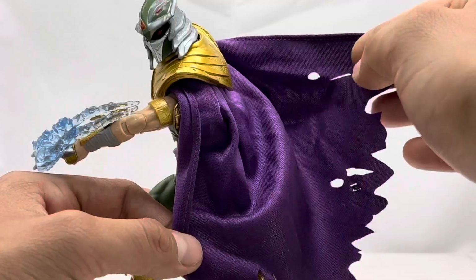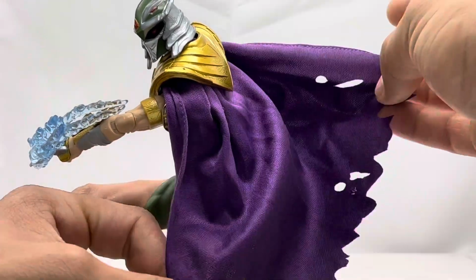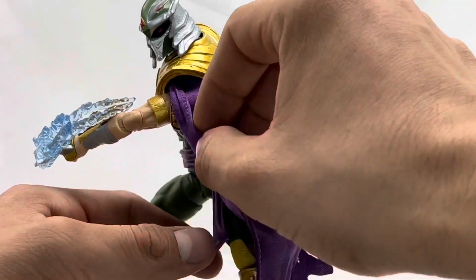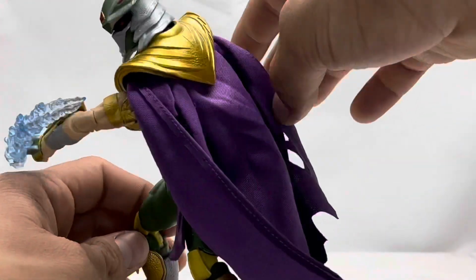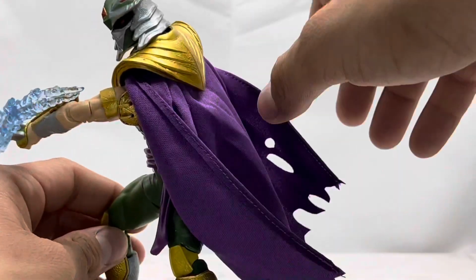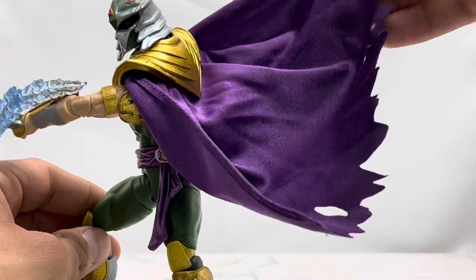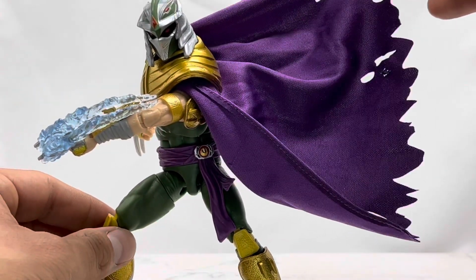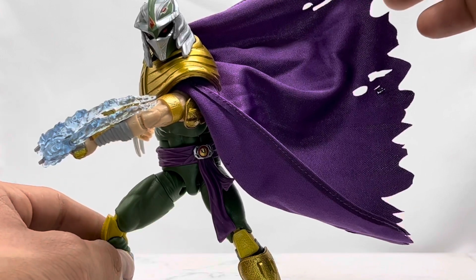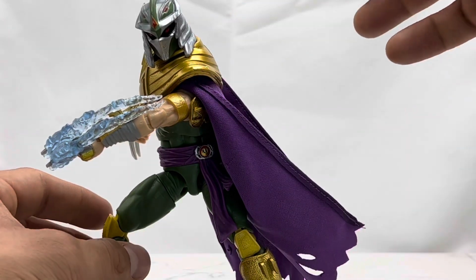Taking a look at the cape, it does have some holes. It's tattered and torn. It's getting caught on his ankle. But yeah, it looks tattered and torn like it does in the comics. Like I said, it's not wired here, but if you fold it and do different things, it kind of holds its shape. So I really wish they would have run a wire through, so it could have been like, oh, look at how amazing that would have looked. Okay, Hasbro, it's still the best figure, but man, that's a missed opportunity because it just sags down,